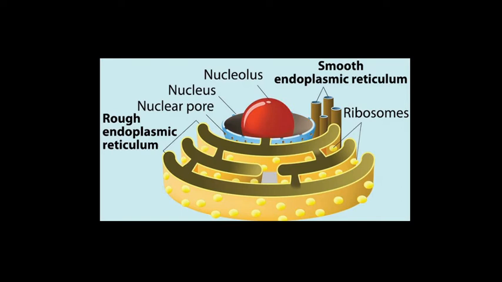Now what is endoplasmic reticulum? Endoplasmic reticulum is a membrane like cell organelle that plays an integral role in the interpretation of the genetic information present in the nucleus. We have two types of endoplasmic reticulum. One is RER, rough endoplasmic reticulum, and the second one is SER, smooth endoplasmic reticulum. If you talk about rough endoplasmic reticulum, always remember, as you see in the picture, rough endoplasmic reticulum are the ones that have ribosomes on them.